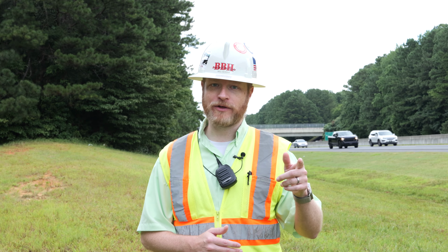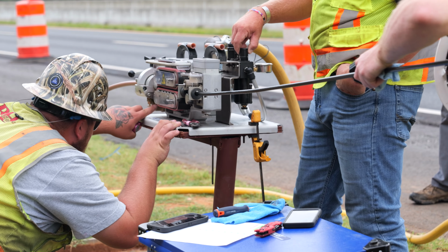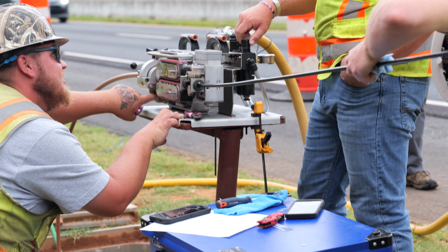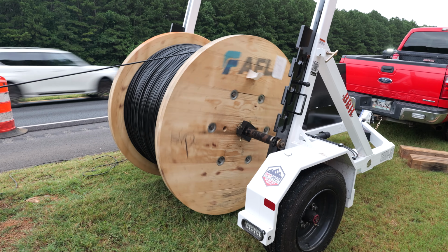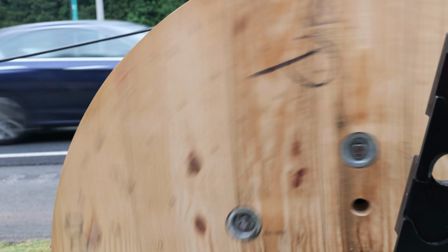We'll either blow with traffic or against traffic, just depending on where there's sufficient room to pull off the road in a safe space. So, for example, today we're shooting southbound with traffic because we got a good spot here that we're set up at. So the crews will set up, we'll space the machines out based on what our distance is between our